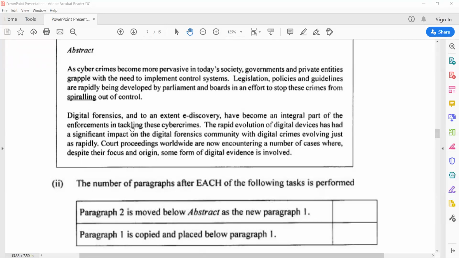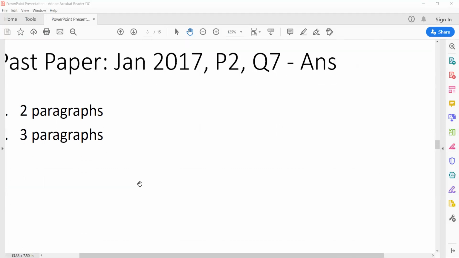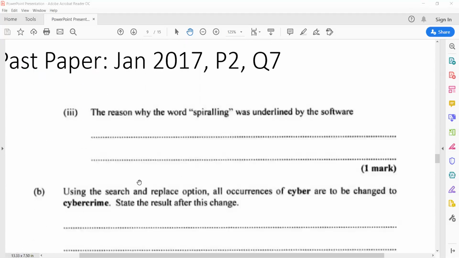So in an instance like this, you have to pay attention to the wording of the question, right? And based on the wording, the first part of the question, the paragraph was moved. So move means cut and paste. And as you all know, when you cut and paste, you actually delete the paragraph or delete the content and then you put it somewhere else. And the second one, where paragraph one is copied and pasted. When you copy and paste, you do just that. You make a copy of it, you leave the content there, and then you put the content somewhere else. So you're adding, right? So the answer would be 2 paragraphs and 3 paragraphs. Now,